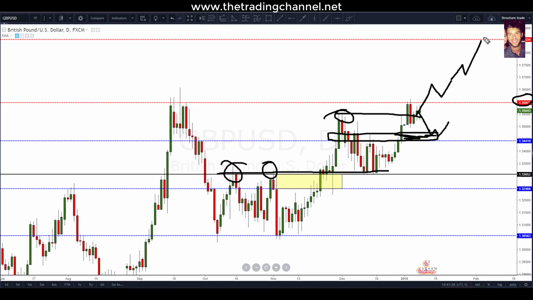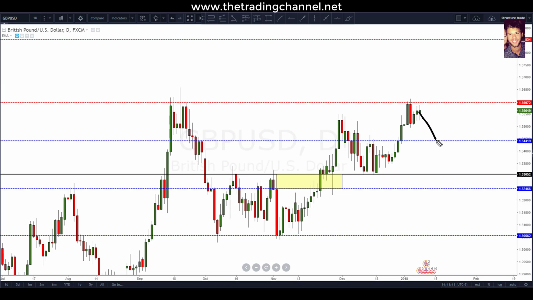1.3597. Long opportunities all the way up to 1.3853, which after some trend continuation out of the pound dollar could be the next place we see resistance out of this pair. If the market pushes down from here, to 1.34419, in that area, this zone we pointed out just a second ago is going to be the first opportunity